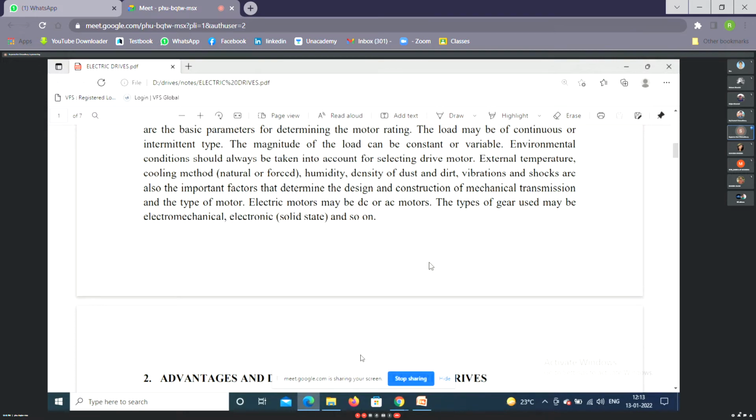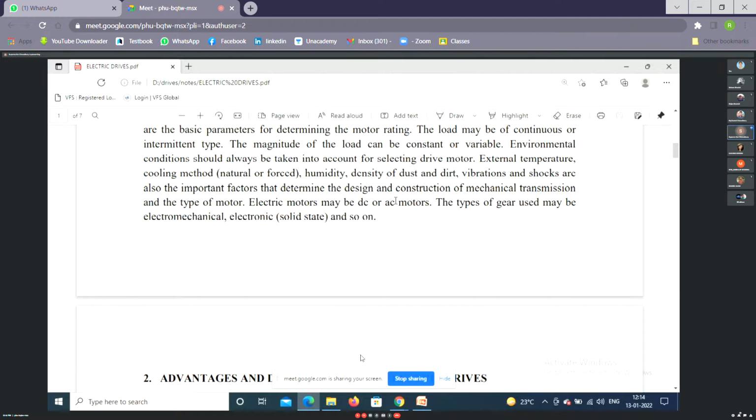An induction motor is more or less run at a constant speed. Its speed varies slightly, but that is load dependent. So for a particular motor, for a particular voltage and frequency, for a particular load, it runs at a constant speed. So to control the speed, it requires complex power electronic circuits. Now the power electronics system is well developed.